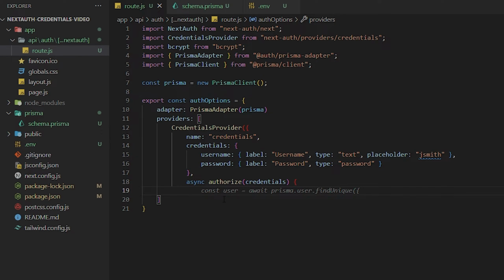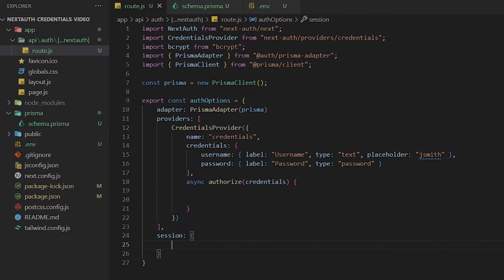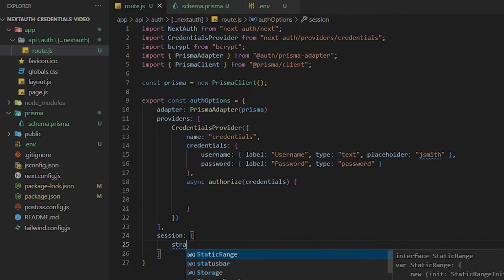And I'll show you how to set that all up, but we are just going to close this right now, just like that. And then right below this, let's close the credentials provider. And then we are going to go below the providers tab right here where the array is. And then right below that, we are going to have a session, and we are going to have an object that says strategy is